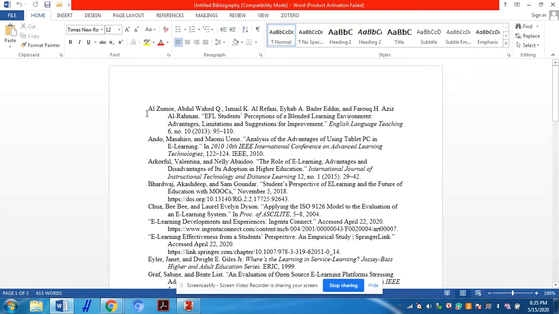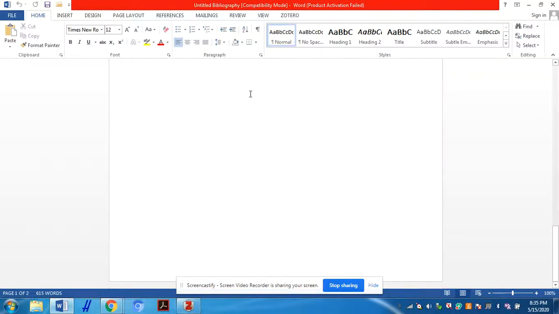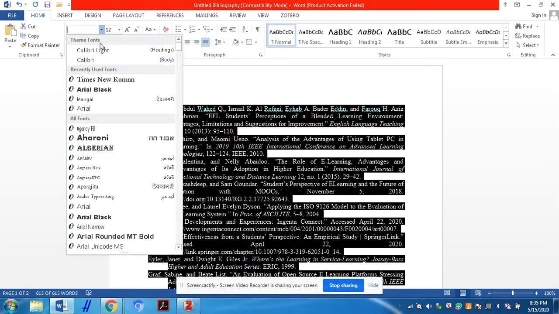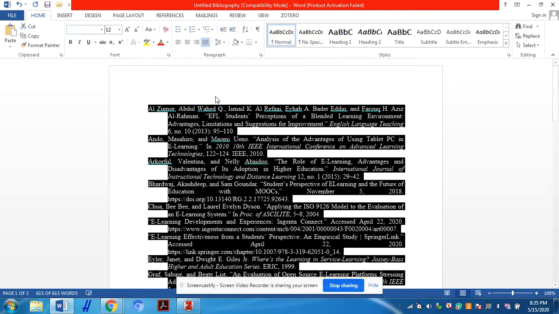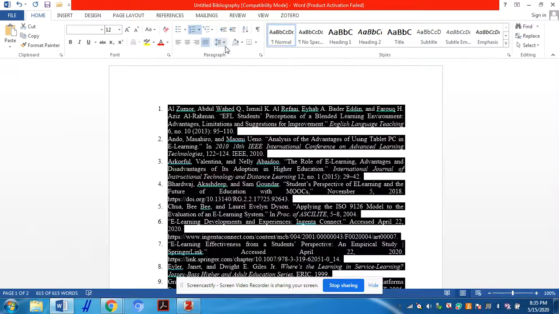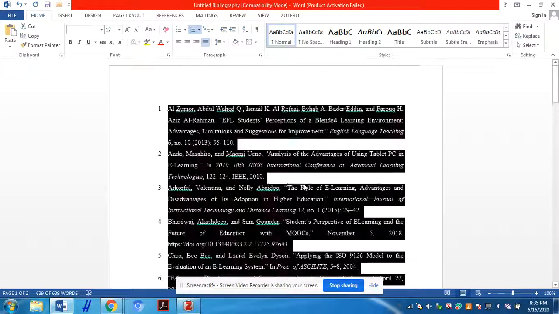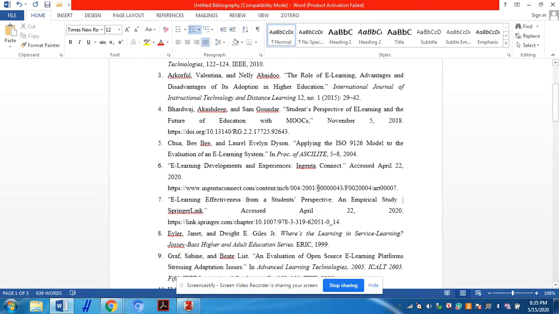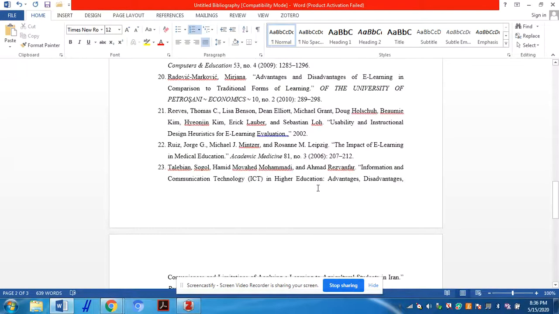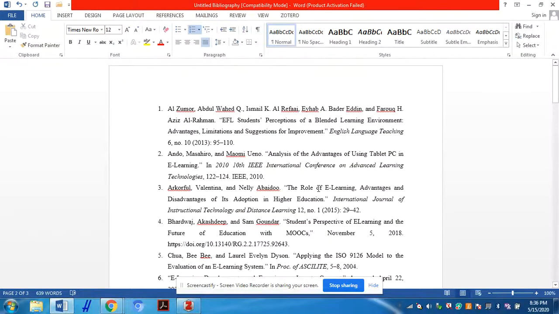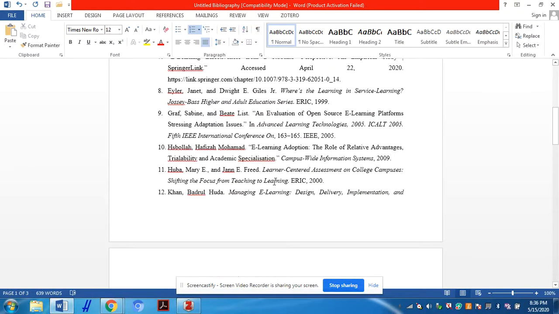Here you can select this and do the formatting style immediately, for example giving the proper file formats and giving numbers. So this is the bibliography of your articles, books, or websites retrieved for my research purpose.